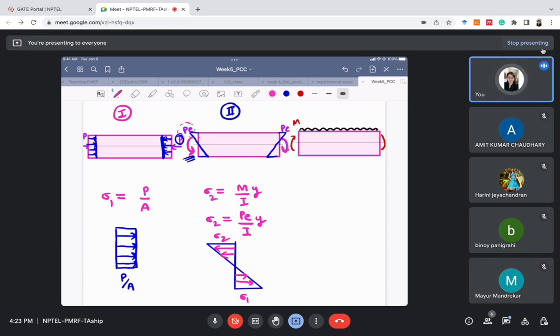Okay, now we have considered two cases. Now the third case is when there is a UDL. Because of this UDL, this beam will deflect like this, right? In the downward direction. Or this will cause a moment in this direction. Let us consider this moment. So because of this UDL, this is the kind of moment that will generate in the beam in this direction. This kind of moment will cause the bottom part to be under tension, because whatever is the direction of this arrow will be under compression, right? So this moment will cause the top part to be under compression and the bottom part to be under